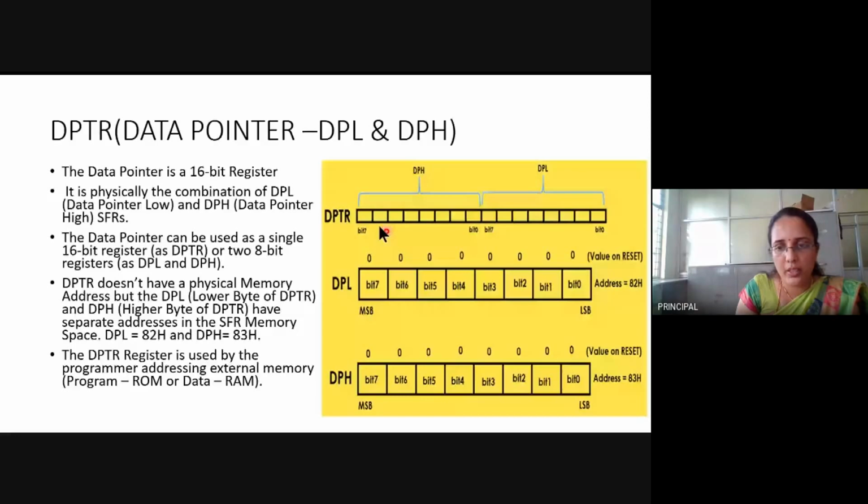On reset, DPL will have 000 and DPH will also have 000.